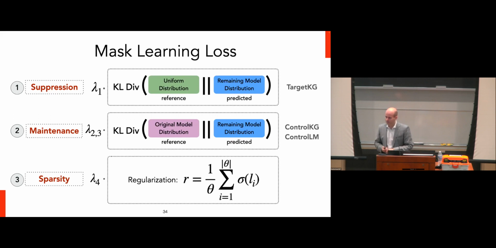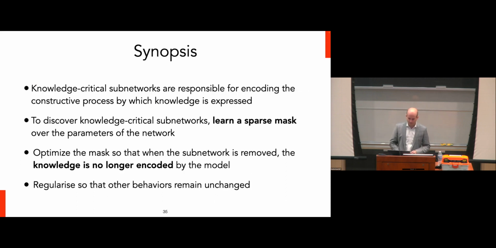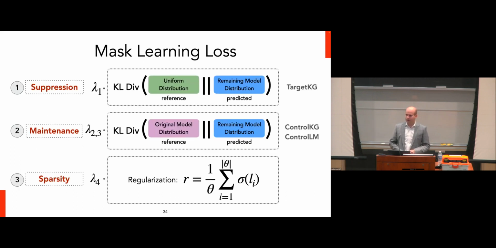Yeah, questions? Just to make sure I'm following the notation here, these are actually conditional KL divergences, and you're conditioning in the first case on "a cafe is a type of", and in the second case on "a car is a type of". Exactly. So you're essentially taking the KL divergence on the last token, on what the model thinks the distribution over the last token should be in the prompt. One more question. Just one token at a time? Well, in this case, we only ever try to look at the last token. So we assume that the head token and the relation are always given, and we're only looking at the last token.